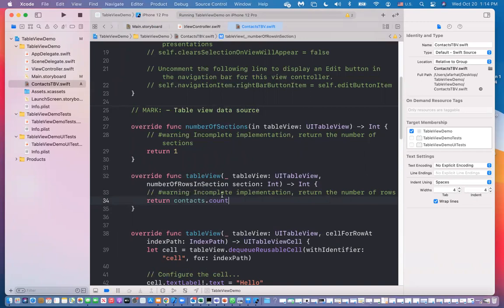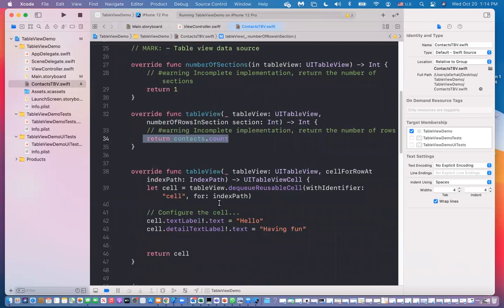The next thing that I need to do is in this cell for row. Instead of hello, I want to get the value from the array. So how do I get the value from the array? I get it using that index path. Do you remember I said the index path? The index path will give you 2 values, the row and the section. We have 1 section, so I need to get the row value. And I use the row value as an index to the array. So instead of this, we say